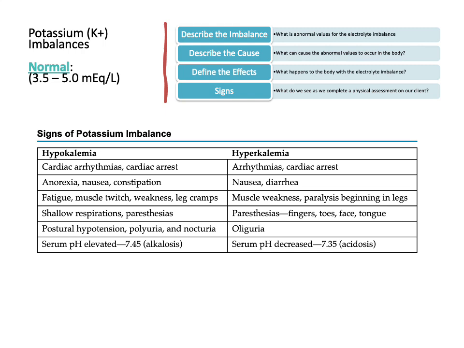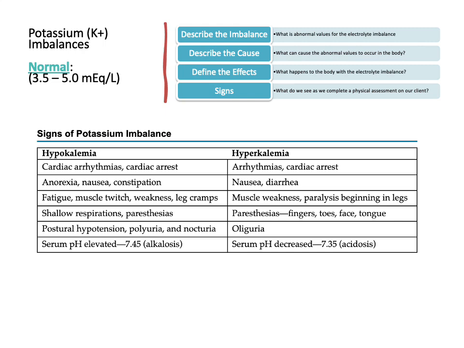You can have nocturia and postural hypotension as well, fatigue, muscle twitch, leg cramps, weakness, nausea, constipation, polyuria, and even your serum pH levels can be elevated, which is an alkalotic state. So we do see metabolic alkalosis a lot in those that have diabetic ketoacidosis and potassium imbalances. The next one we'll talk about is